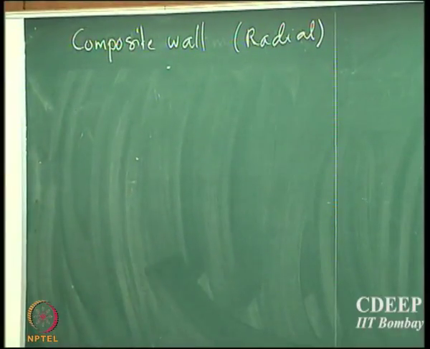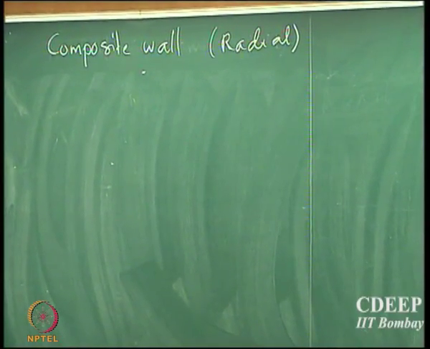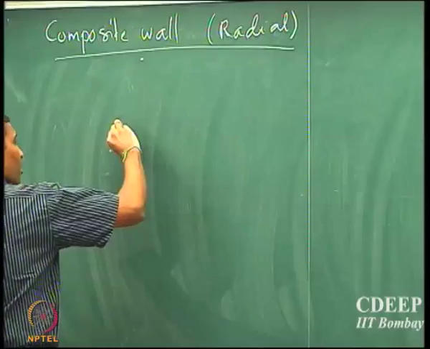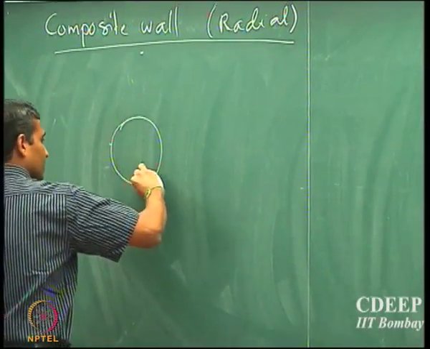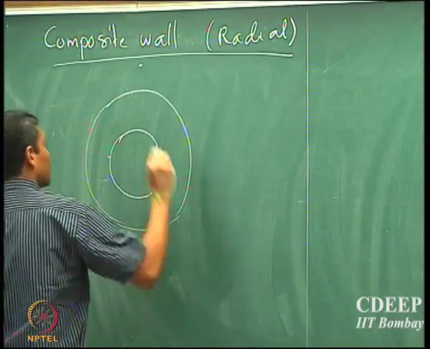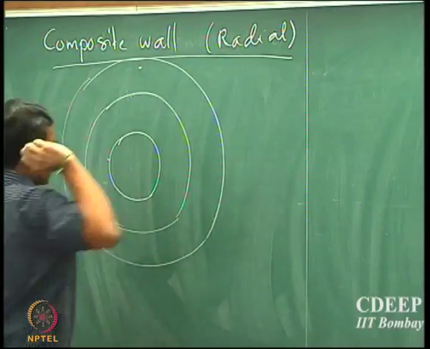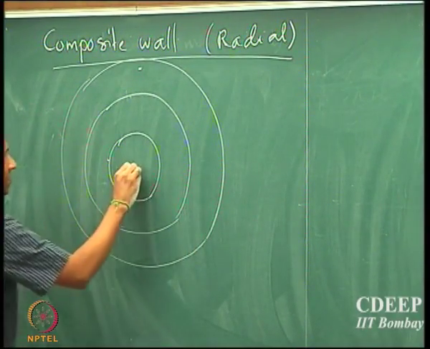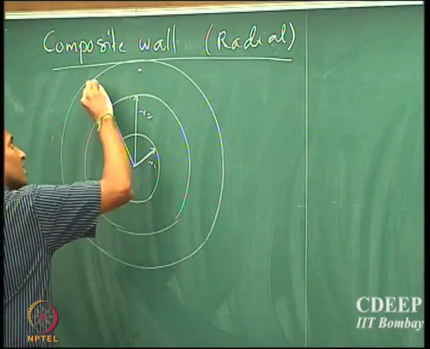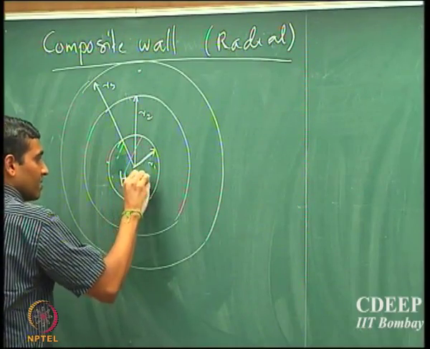So essentially you have many concentric cylinders, and what should be the model equation and what should be the resistance network? I am going to draw only the cross section here. Now, if the radii are R1, R2 and R3,